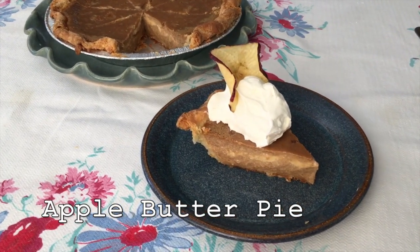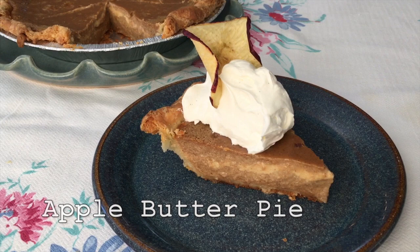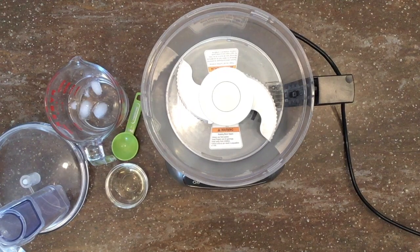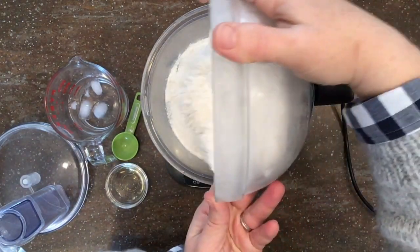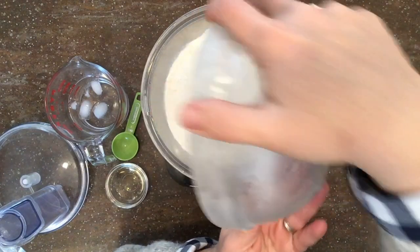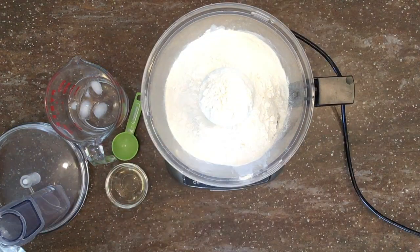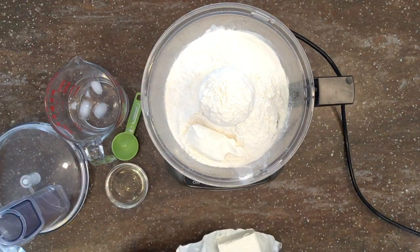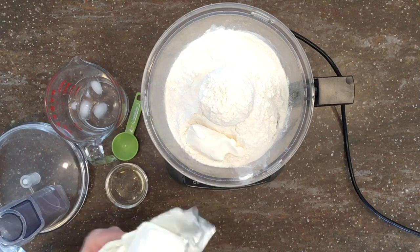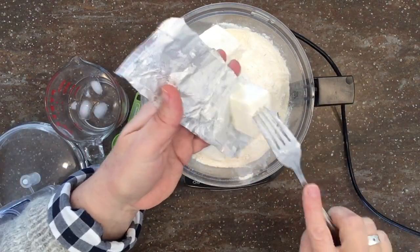All right, so as I said, we're going to make some apple butter pie, and the recipes can be found below for both the pie and the pie crust. I'm using Rose Levy Beranbaum's cream cheese pie crust recipe. I'm making a double batch in the food processor as she suggests. All of my ingredients are very cold. They've been in the freezer or straight out of the fridge. That includes the flour,